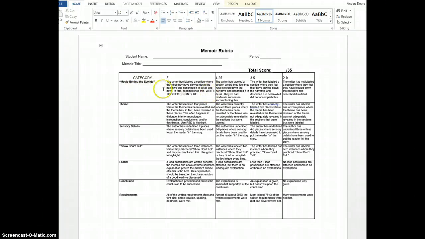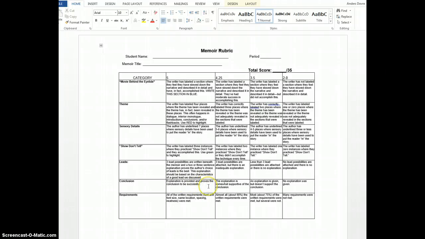So there's a rubric here that talks about what you need to do in your final memoir. For instance, the movie behind the eyelids paragraph should be highlighted in blue. You can use red font where you reveal theme, underline places where you use sensory details, label 3 instances where you practice show don't tell using green. You're going to need to have 3 lead possibilities and then explain in 2 or 3 sentences why you chose